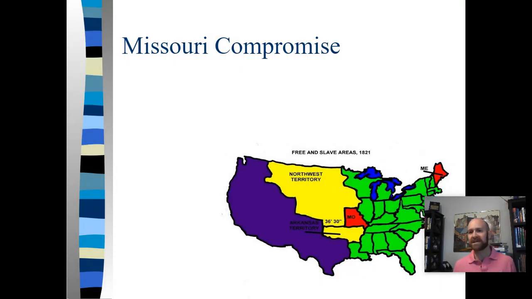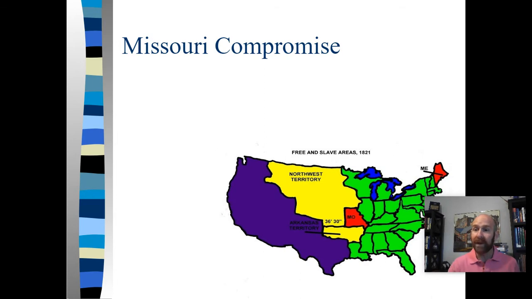One of the first places where it's going to be apparent is going to be in Missouri. Missouri is going to apply to be a slave state, and so the slavery has been there for a while, and the people of Missouri want to maintain their status as a territory that is allowed to have slavery. Well, Northerners don't like that, right? And so there's going to be this resistance among the people in the North to accept this.